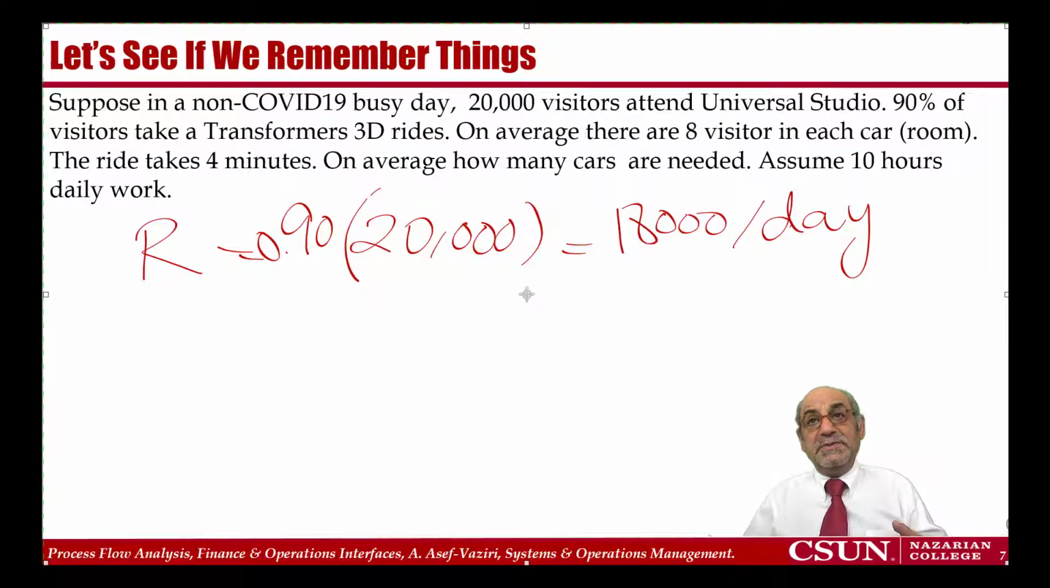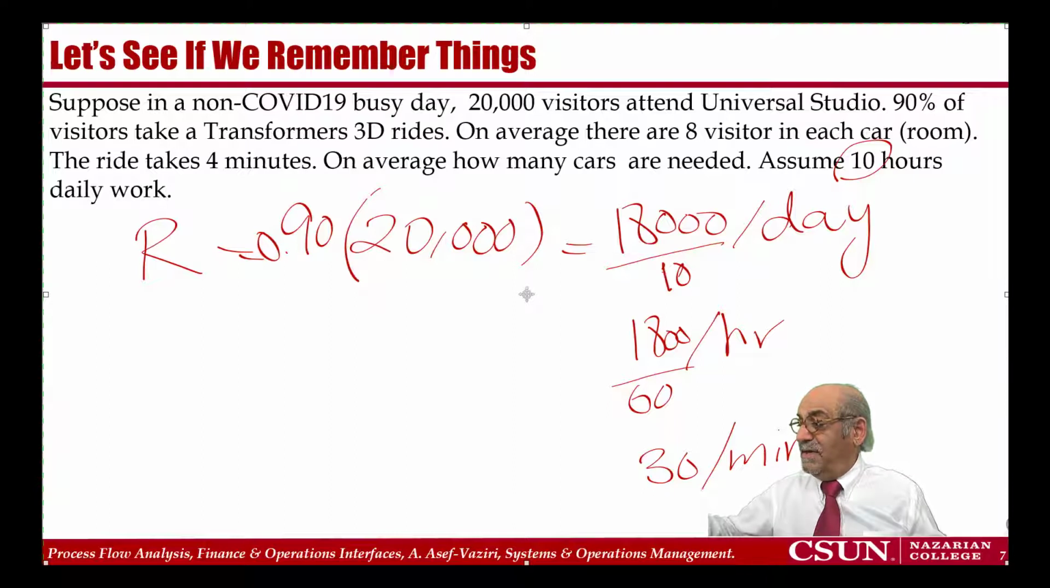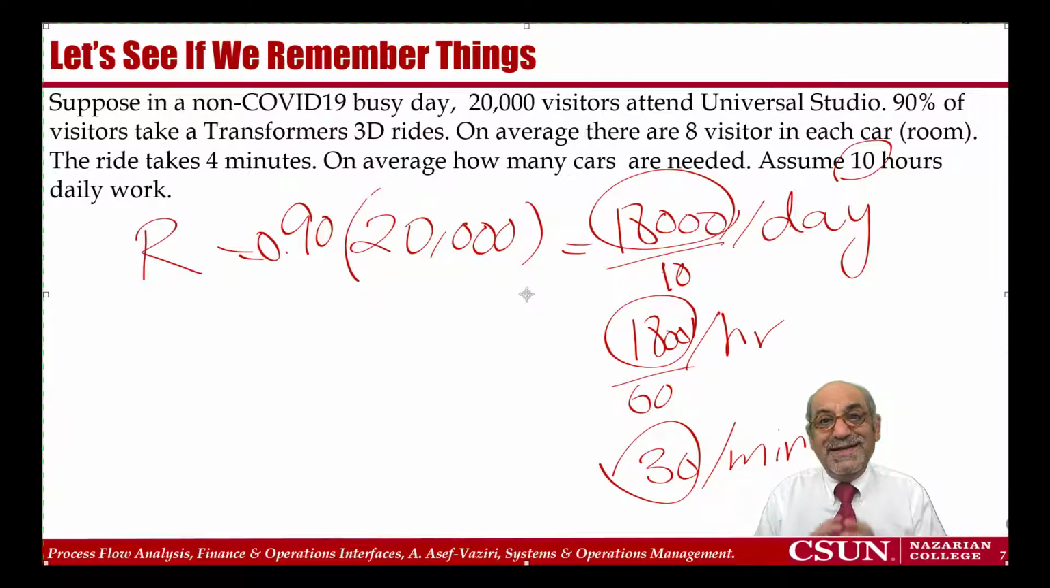We said throughput can be computed per second, per minute, per hour, per day, per month, per year. So if I'm going to compute it per hour, because a day is 10 hours, I divide it by 10, and that would be 1800 per hour. And if I'm going to compute it per minute, I should divide this one by 60, and that would be 30 per minute. So 18,000 per day, 1800 per hour, and 30 per minute, they all have the same meaning. Throughput, all of them are